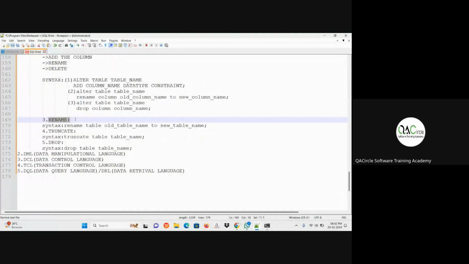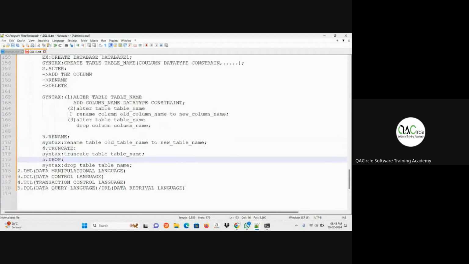You can rename the table by using the rename statement, and you can delete the table by using the truncate statement as well as the drop statement. But the difference is, if you delete the table by using the truncate statement, the structure of the table will be present in the tool. And if you use the drop statement to delete the table, the whole table will be deleted. The existence of the table will not be there in that particular database. Understood all the 5 statements?